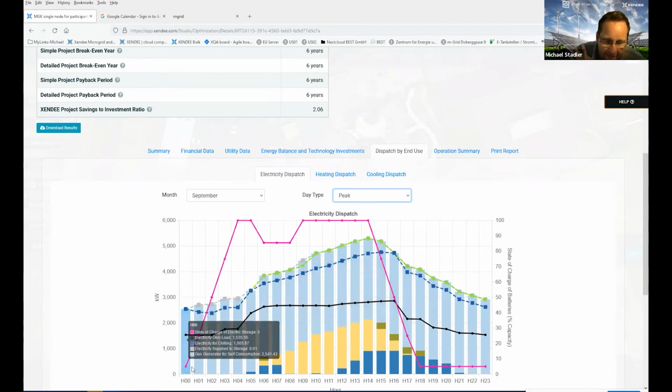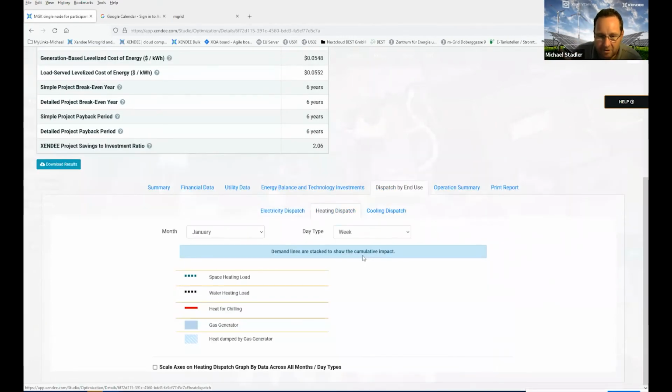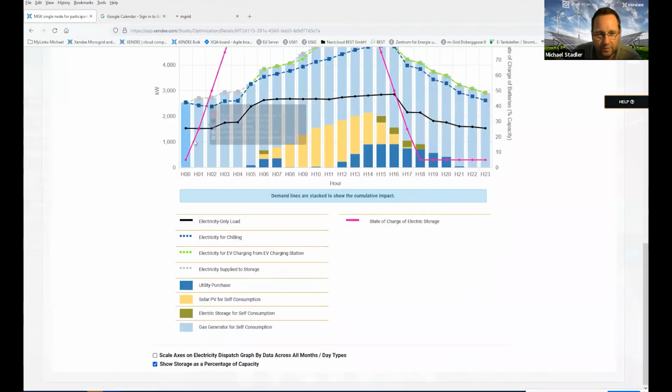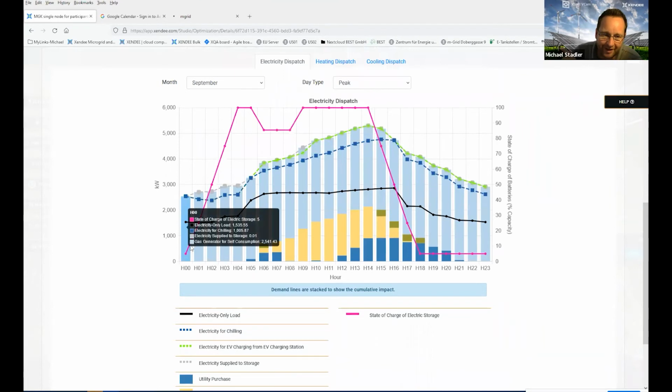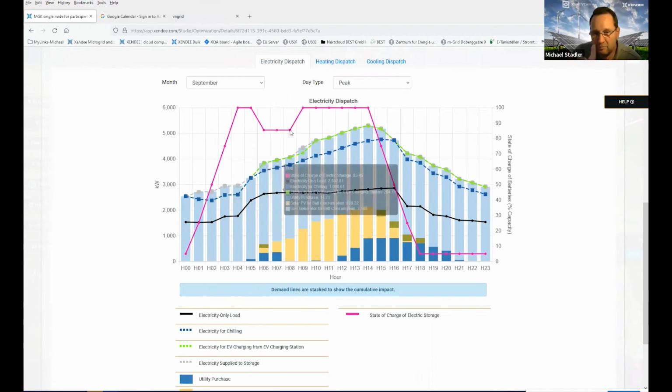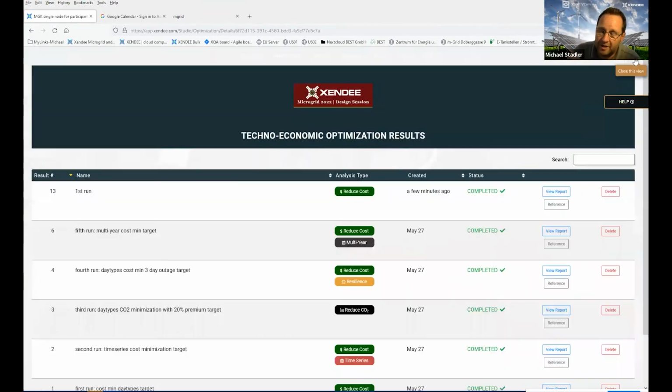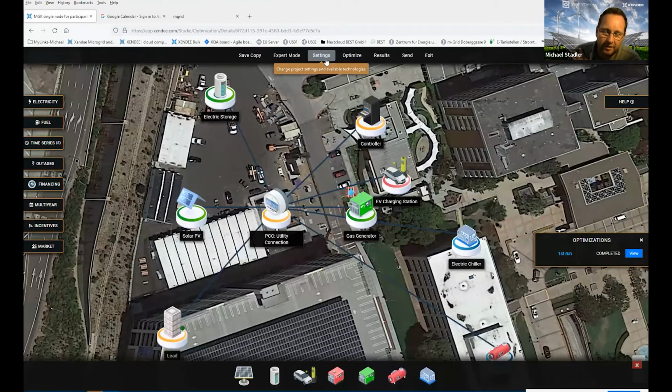But what we can see here is actually, because we have a combined heat and power system, which also has to supply energy on the heating side, it's attractive to run the CHP system, these blue bars, almost flat, and then use excess electricity in the morning to charge the battery, and then discharge it before the sun kicks in. So most of the energy in September comes from the CHP system and not from the PV system. If we flip the objective function, which I will do now, to a CO2 minimization, probably this will change it, and we'll see a